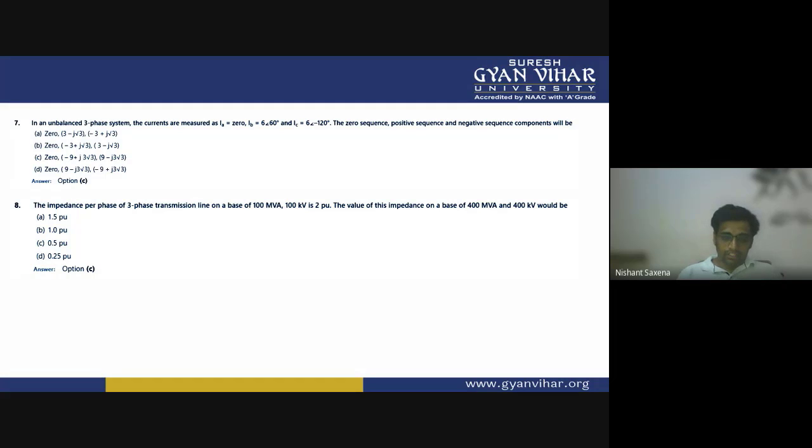In the zero sequence current, the A, B and C phases will be cancelling out each other, because here we will not be having any alpha operator operating on this. So there will be no rotation in the phases, since the magnitudes are the same but the phase difference is there. So there will be no rotation and it will be cancelling out.